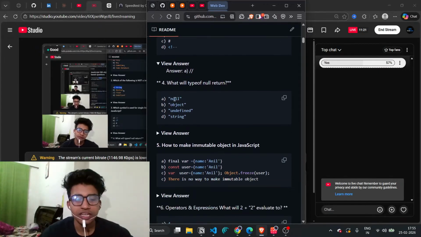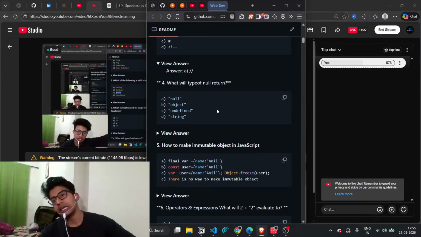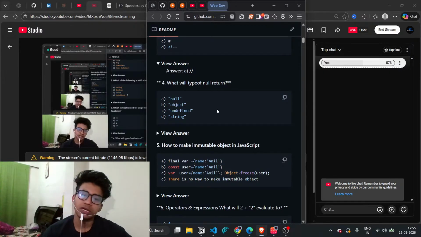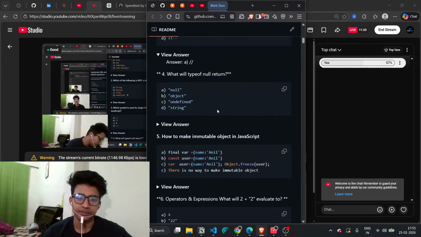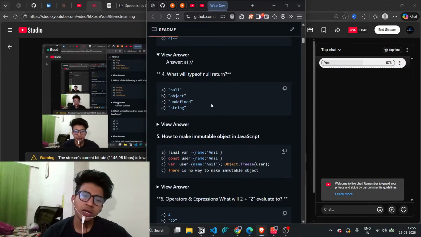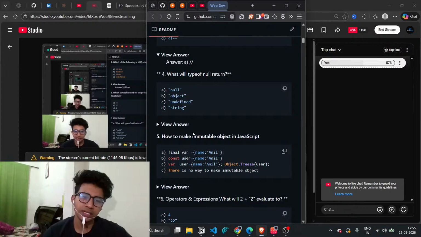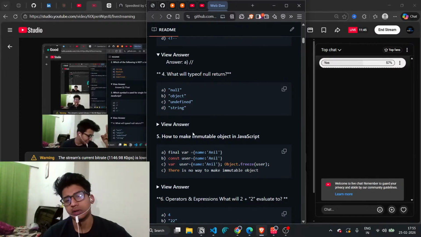Now, what will be the type of null return? What will be the type of null? Null का type क्या होगा? It's not a hard question. It's just, what will be the type of null? Just written, null object. ठीक है. So null को हम show करते हैं as a string. We just simply